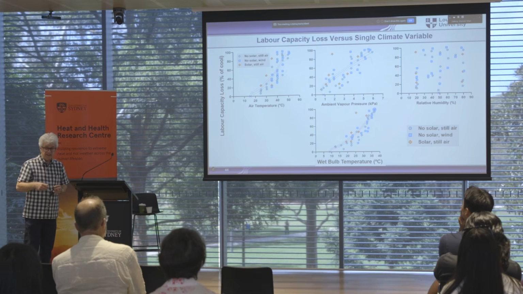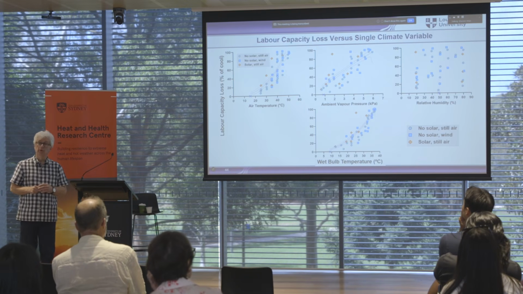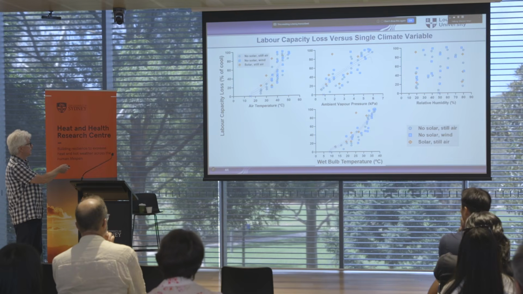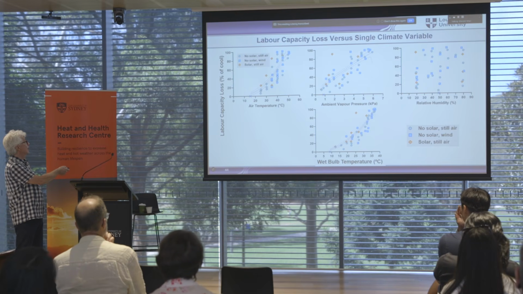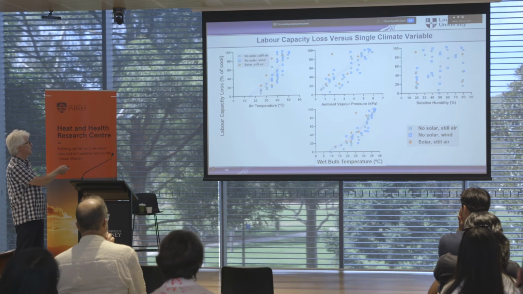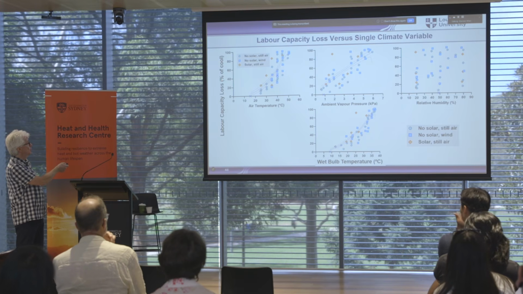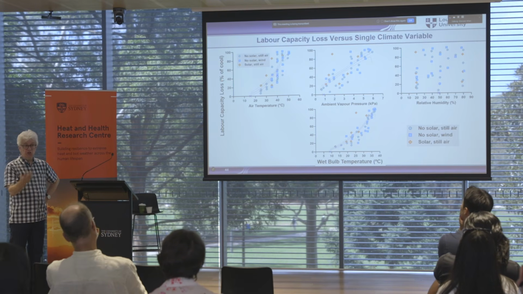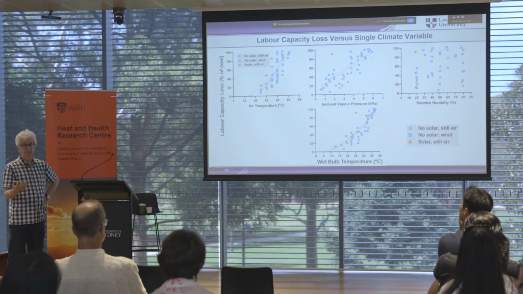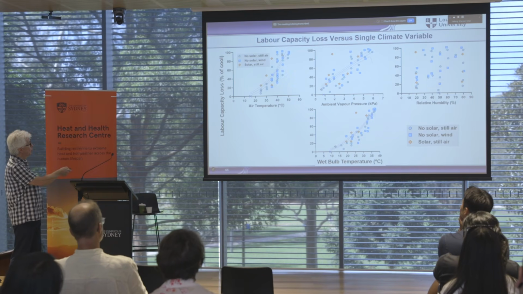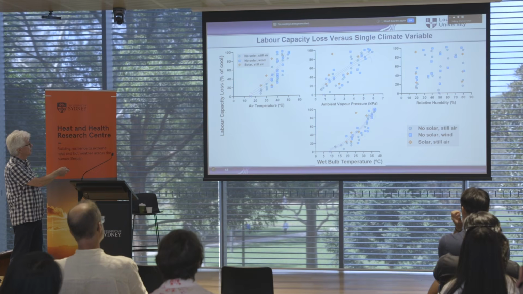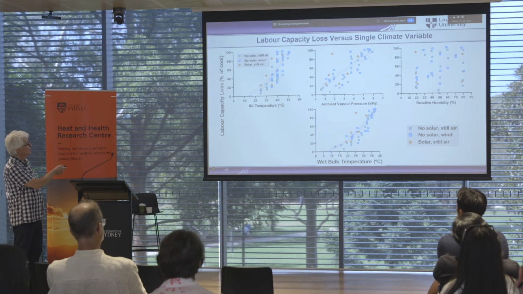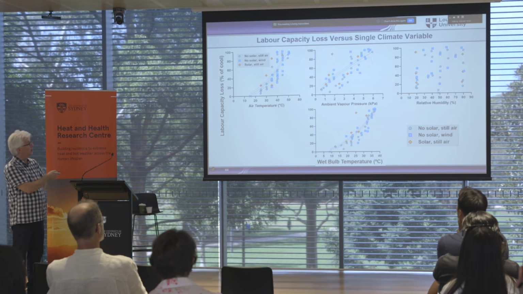So if we first look at simple one-parameter models, air temperature. Sorry, let me explain this. We've got air temperature on this axis, and on this axis we have the labor capacity loss in the percentage of cool. So the cool combination of 15 degrees Celsius, the energy generated there is 100%. Yeah, that's our reference. And then we make it warmer, and people have to slow down. So the value here is the loss of work capacity. So if you reach 100, you can't do anything anymore.